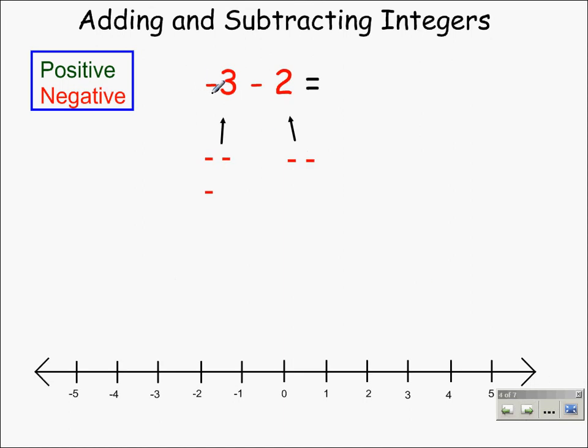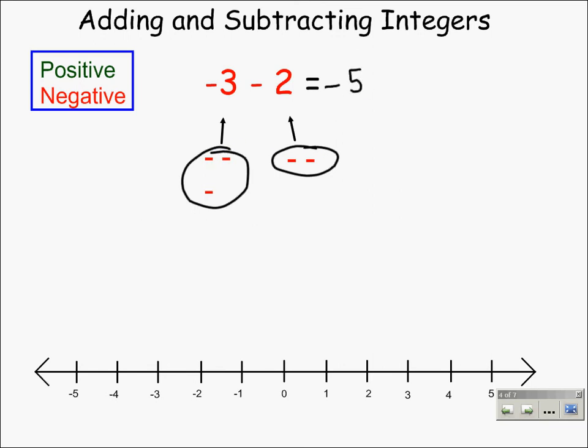Here's another example with 2 negative integers being combined. Here we have negative 3 minus 2, and they're represented by 3 negative signs and 2 negative signs. Now nothing can cancel out between these because they are all negative signs. So if we count up the total number of negative signs we have 1, 2, 3, 4, and 5,